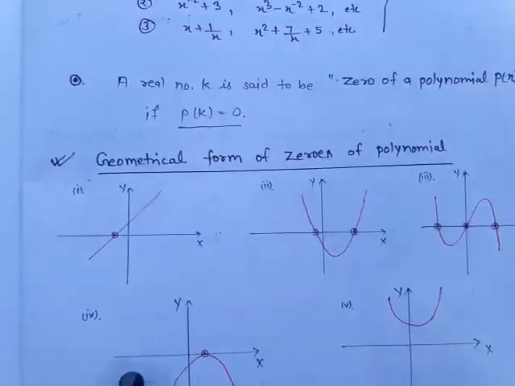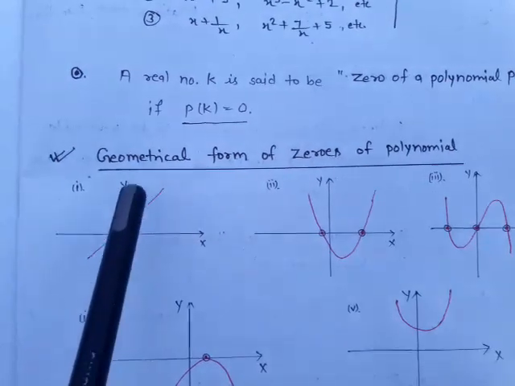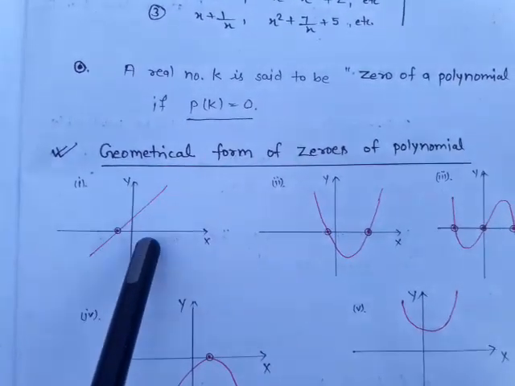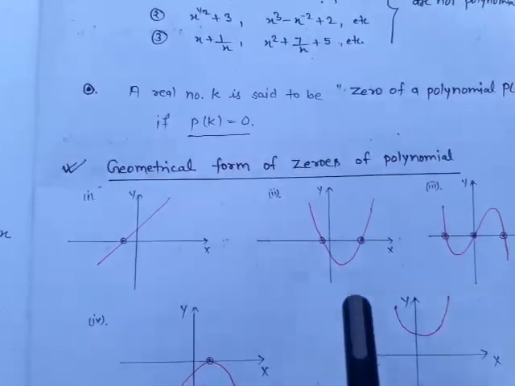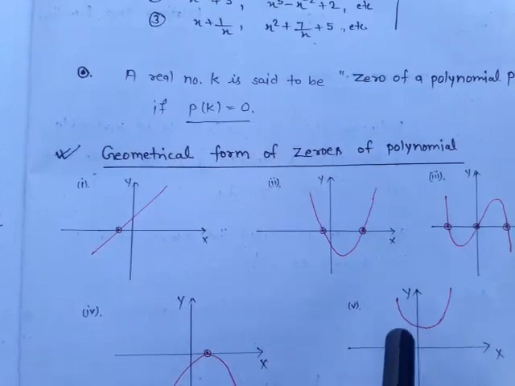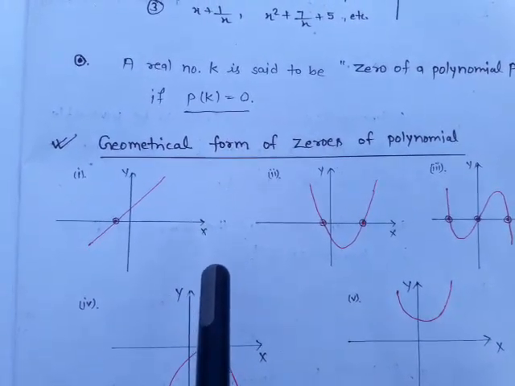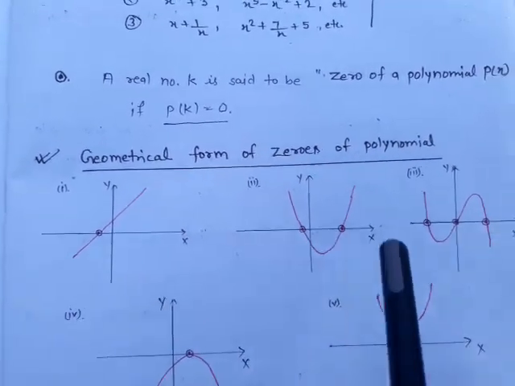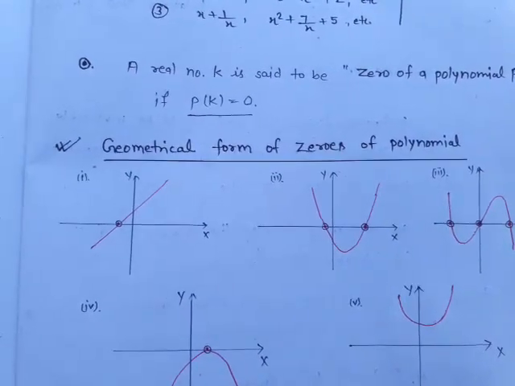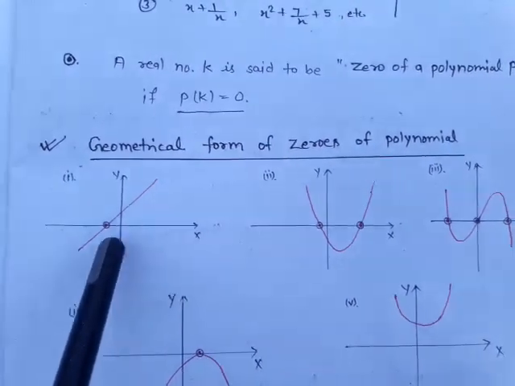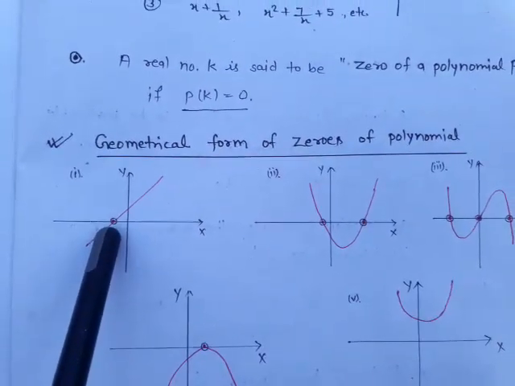Now here, some polynomial graphs are given. Here, these graphs cut the y-axis and x-axis. In a graph, we can say the zeros of the polynomial in which condition? If the graph cuts the x-axis, then by how many times it cuts the x-axis, we can say that there are that many zeros of the polynomial. Now see that in the first there is a graph of a polynomial, and this graph cuts the x-axis at one point,